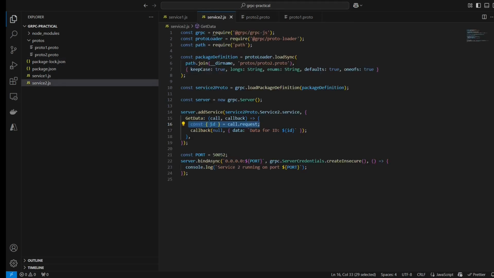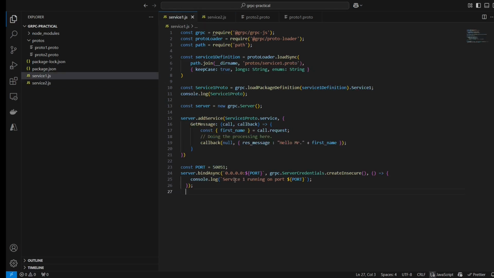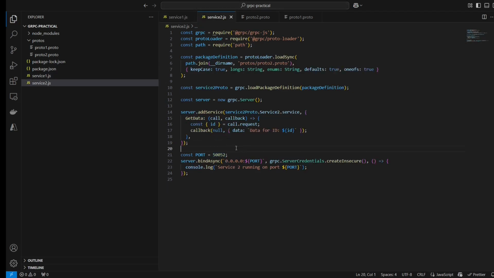So we would be getting the id and responding back with the id, like data for id, this is this, and we would be using a different port than service one. Service one is on 50051, and service 2 is on 50052, and we would be starting service 2 as well as service 1.